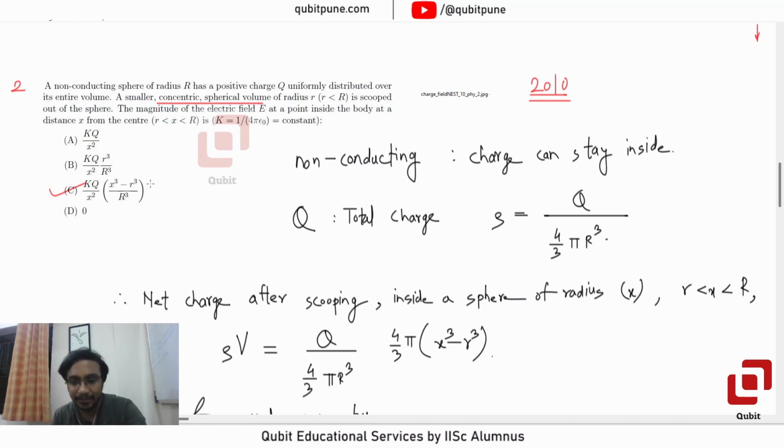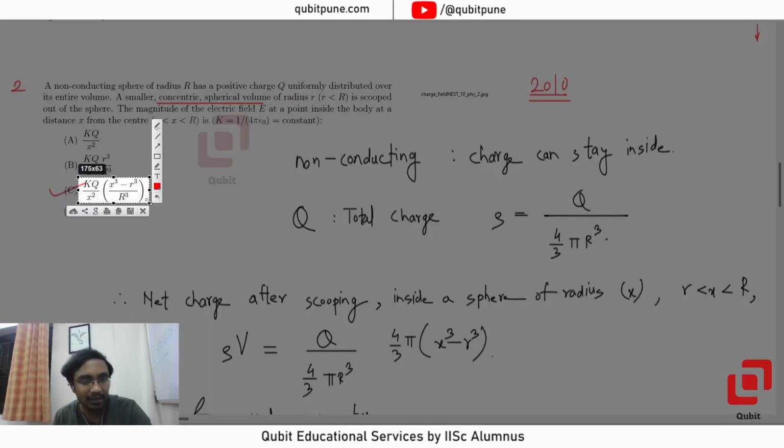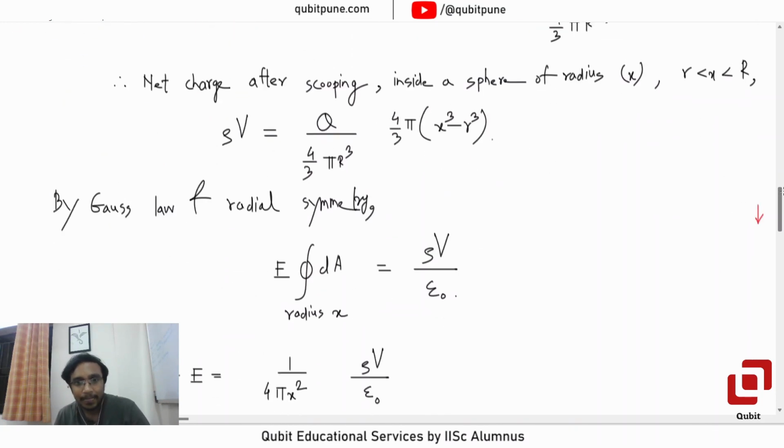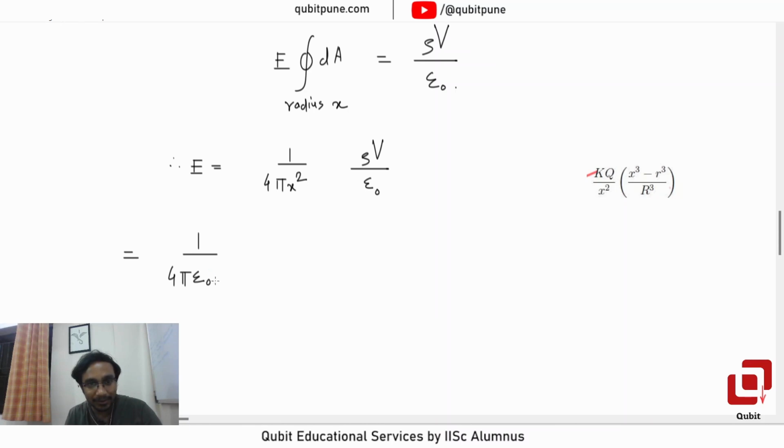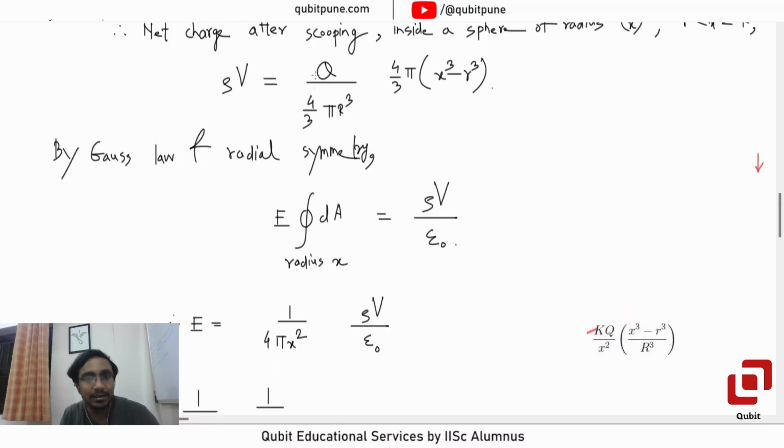But let's tally that. Let's not just be blind and go with it. In the exam, you may do that, but because we now have enough time, we can. Even if we know it is true, we will still do it. So 1 upon 4 pi epsilon naught, I'm writing it separately. 1 upon x squared is there, rho is there and V is there. In rho V, can we cancel a few things? 4 pi by 3, 4 pi by 3 will get cancelled. So it would be